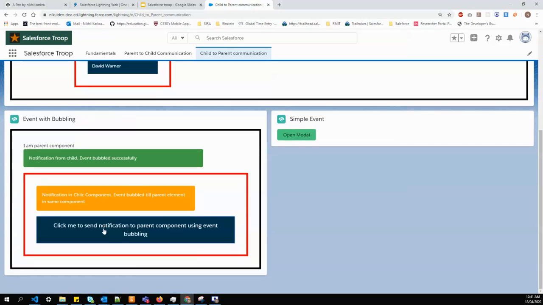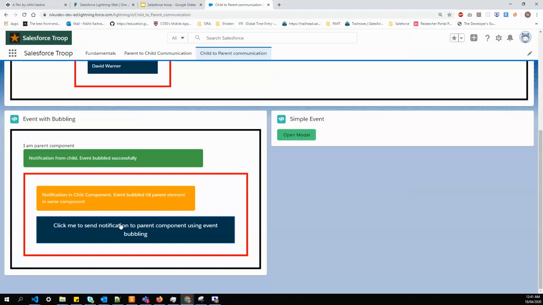Now you can see that as I click on this button, it bubbles, it calls the other handler that was showing the child notification box. Once it's done, it further bubbles to the parent component, and it sees if any handler is on the way. If yes, it triggers that event and shows the notification box for the parent component.